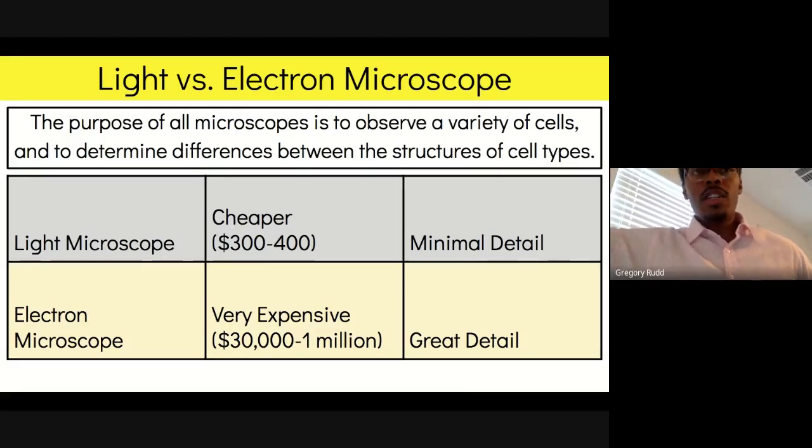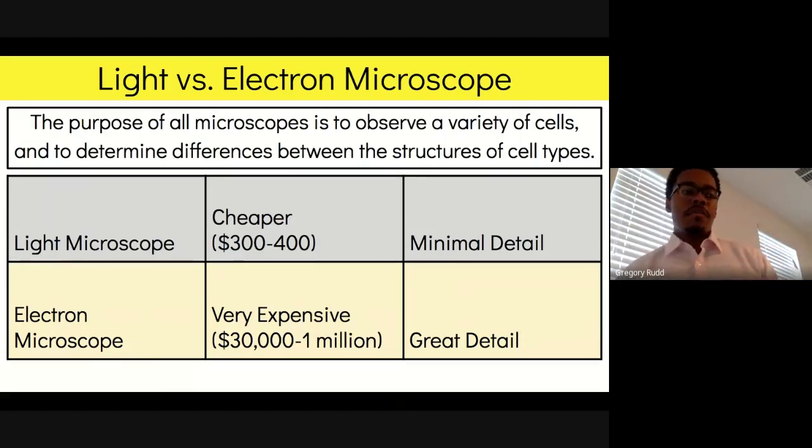The purpose of both, essentially, and we can use this in forensic science if we're trying to identify specific genetic markers. We can use this in evolutionary science if we're hoping to identify a species or see similarities between species. These microscopes allow us to observe a variety of cells and then to determine differences between those cell types. So this is what I was saying when I talked about the fact that microscopes are important for every field of science. Even in certain fields of chemistry, we use very powerful microscopes